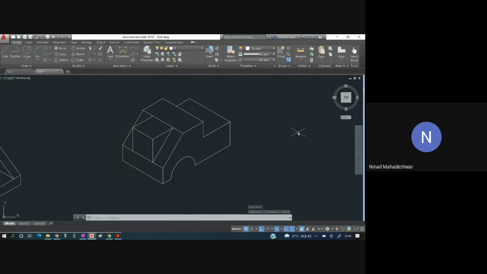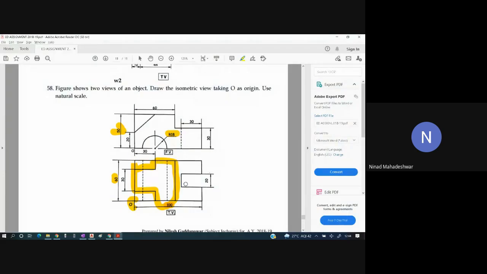Everybody has understood this? Yes, sir. Okay, once this is done, the next part we have to do is put this entire slot. एक slot है. So you have to go down by, how much is this length, students? This is 20. बीच में यहाँ पे भी 20. 20 यहाँ से आना है.